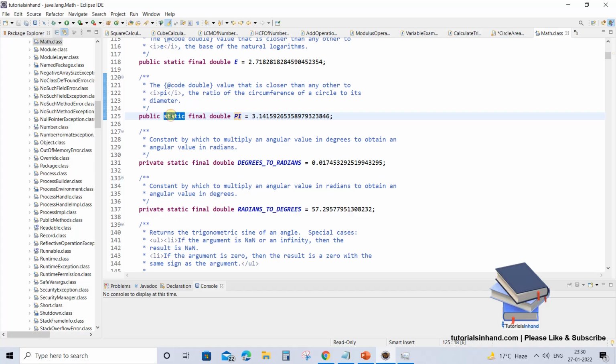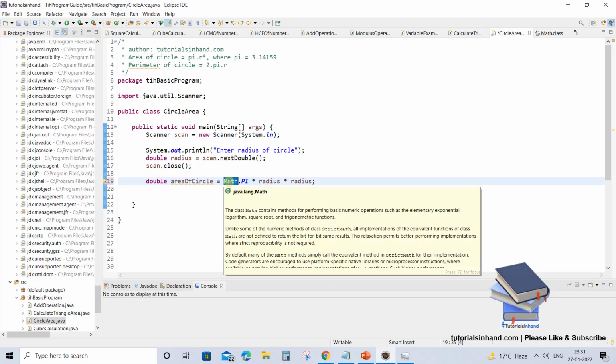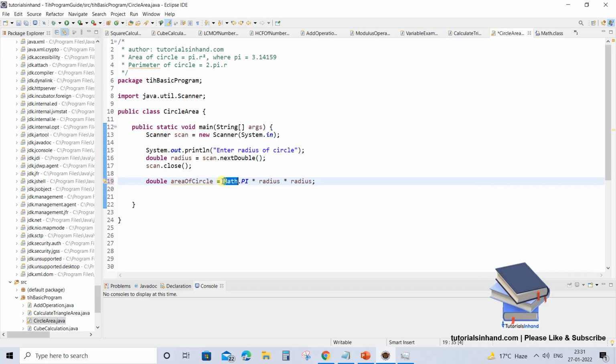And static is something because it belongs to this Math class, and you can simply write Math and then dot, and you can call it without creating any object. That is what we have done. So we will learn how to create an object in upcoming video tutorials. For now, just learn that you can call the static constants by using the name of the class itself, as we have done over here.